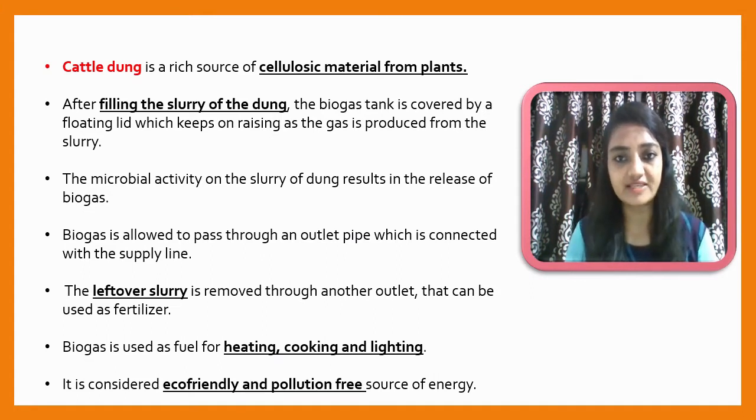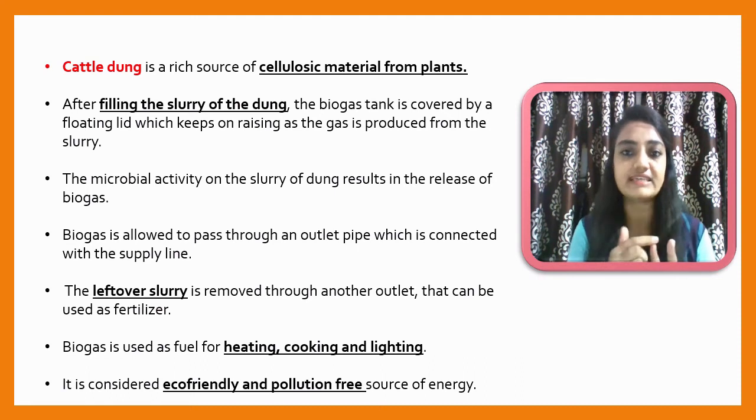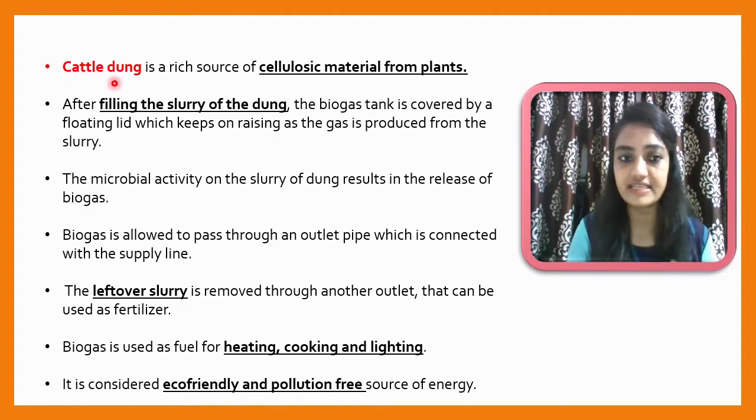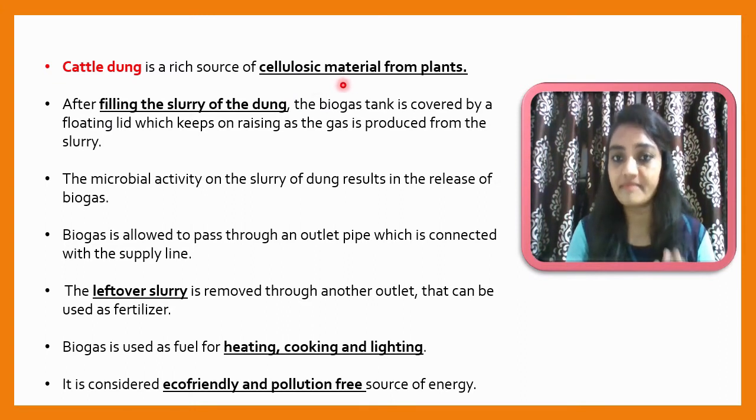Up to this, whatever we have discussed, based on this discussion, you can conclude that for the production of biogas or methane gas, two things are very essential. Means two basic needs are there. First, a bacteria, which is a methanogenic bacteria or a methanobacterium, and second is a cellulosic material. So why are we using cattle dung? The reason behind that is that cattle dung is a rich source of cellulosic material, and it is also rich in bacteria. You know very well now, the cattle rumen will have methanogenic bacteria, so along with the cow dung, they will also be removed. So cow dung is a rich source of cellulosic material, as well as containing methanogenic bacteria, and that's why here we are using cattle dung.